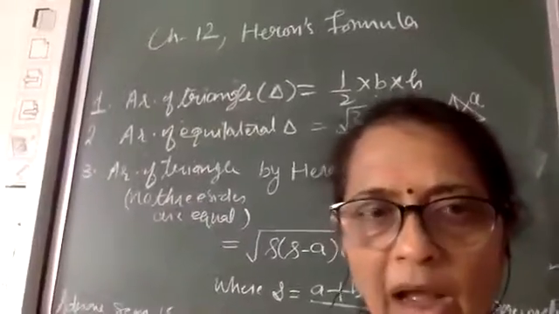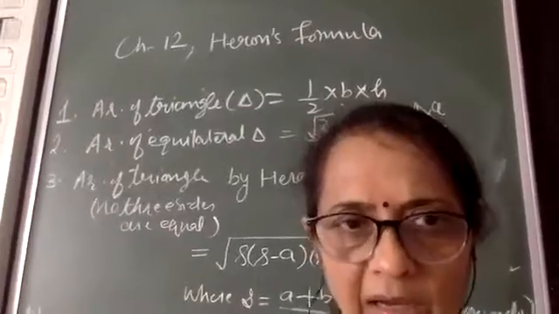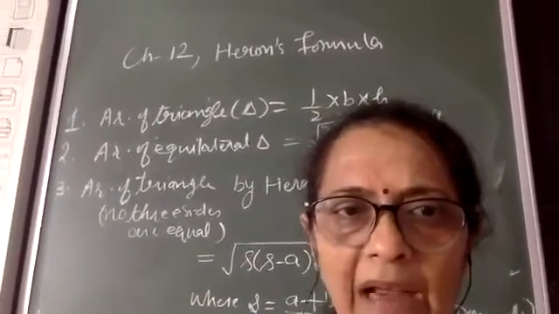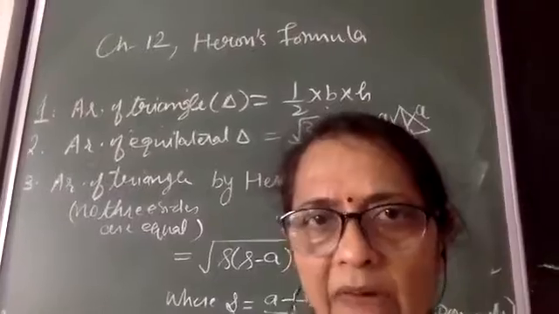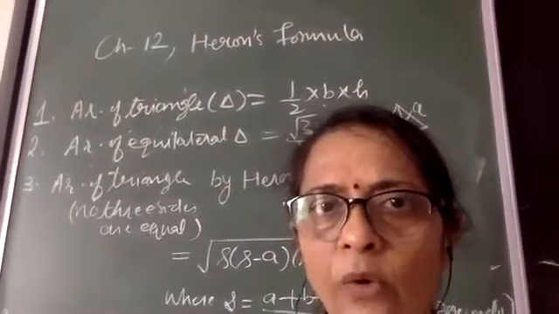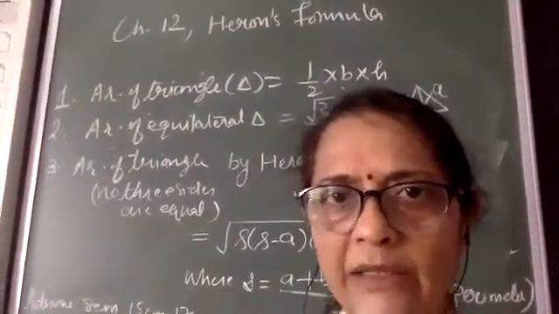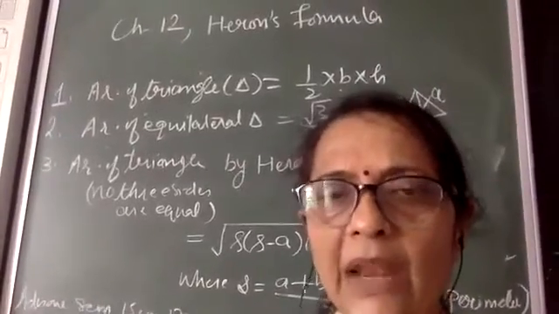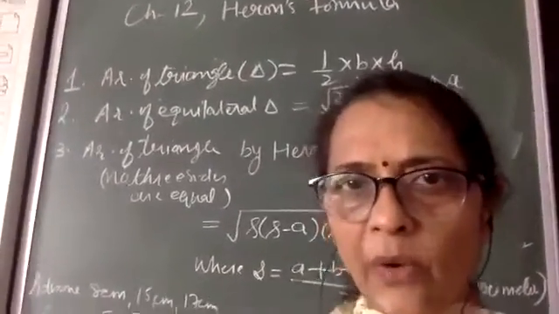Now, the next which we have in this chapter is known as Heron's formula. And this formula is used when we are given all three sides in a triangle, and specifically, if the triangle is a scalene triangle. All of you know what is a scalene triangle? Scalene triangle is a triangle when no two sides are equal. So we apply here one formula that is known as Heron's formula because it is invented by great mathematician Heron. So it is named as Heron's formula only.